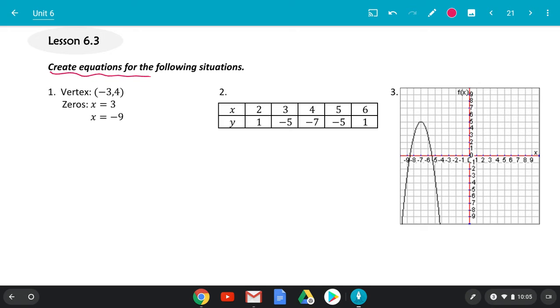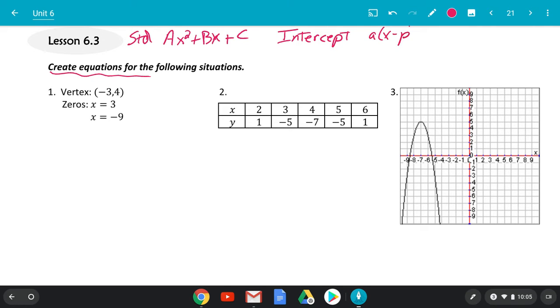When we're doing these, one of our favorite forms, well, we have to remember our forms. We got standard form. Standard is ax squared plus bx plus c. We got intercept form, aka factored form, which is